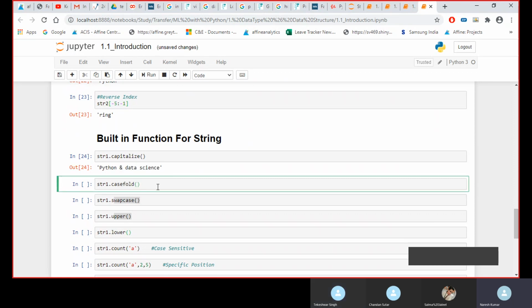What about case fold? Anybody aware of case fold? No?